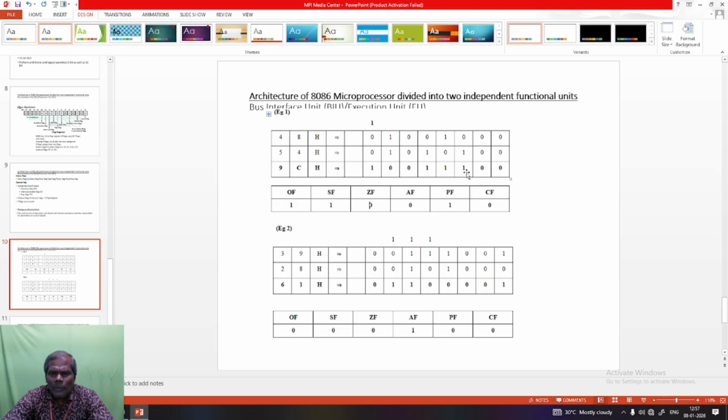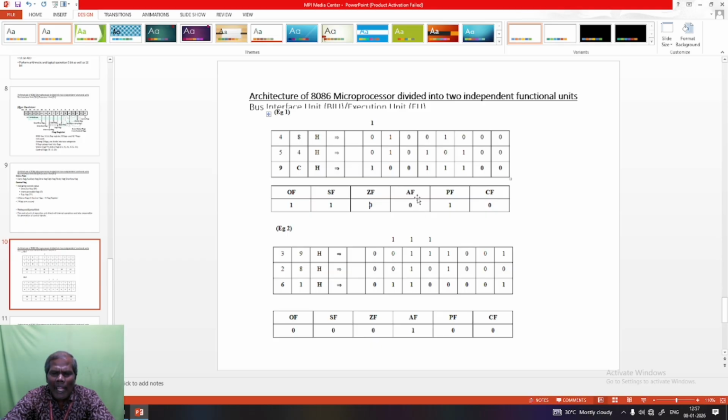If the number of ones present in the result is an odd number, at that time the parity flag will be set to 0. Here you just count 1, 2, 3, 4. The number of ones available in the result is an even number, 4. Since 4 ones are there, the parity flag will be set to 1.